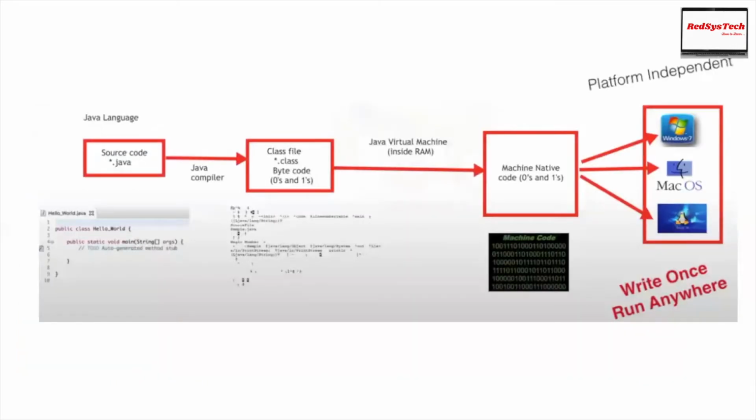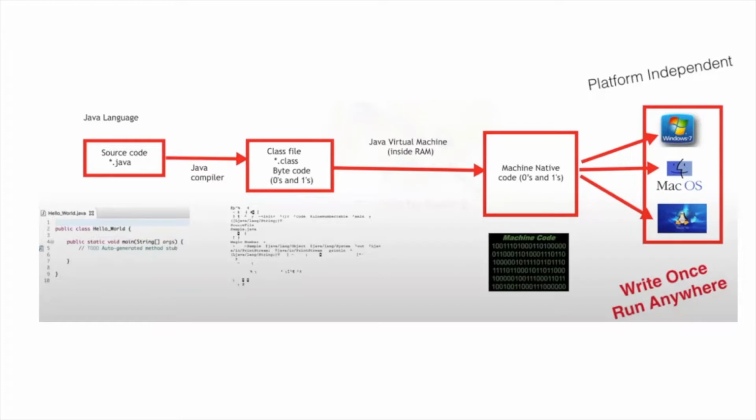So when I say write once and run anywhere, this is the pictorial representation of Java code. If you see here, whenever I'm writing Java code, I store it as .java, and there is a compiler, basically used to compile the code from .java into a .class file. And this class file looks like this, where you won't be able to understand it; it is kind of assembly language, like bytecode.